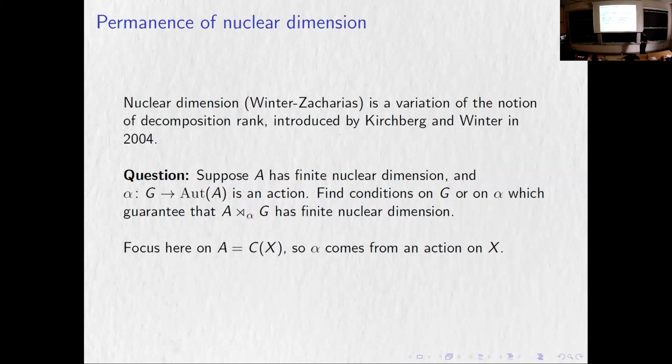In particular, finite nuclear dimension also implies that the algebra is nuclear. So if this cross product for whatever reason is not nuclear, for example if G is not amenable and the action is not amenable, then that won't happen either. So we need some conditions, right? Okay. And in fact, we can also remove the assumption. I said, suppose A has finite nuclear dimension. It's also sensible to ask, what if A doesn't have finite nuclear dimension, and are there conditions which guarantee the cross product does?